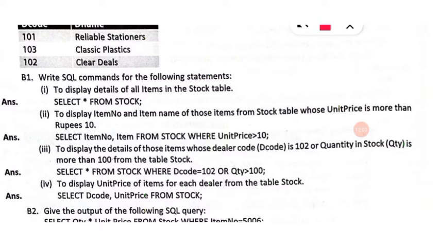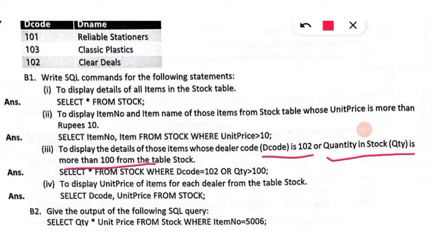We can select all the details of those items whose D code is 102, and we have to select all the items whose quantity is more than 100. So we can select based on both the conditions.